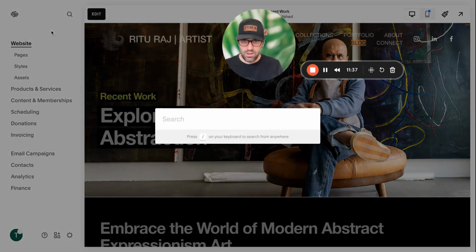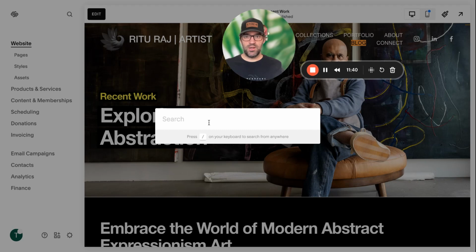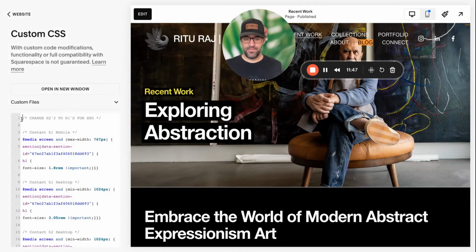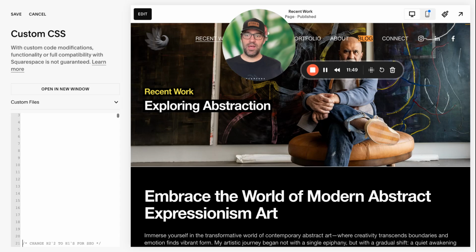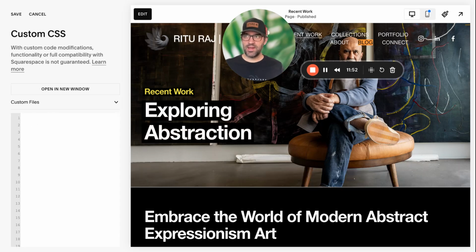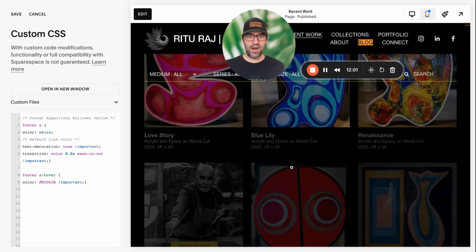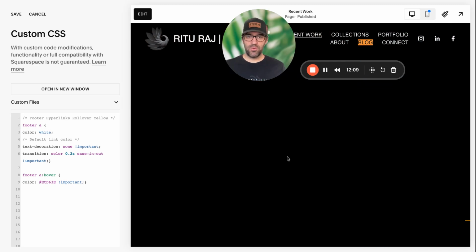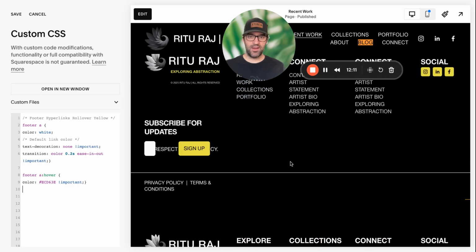And now I'm just going to do a shift / and then type in CSS into the CSS editor. And from here, we can get a nice clean line. And what I'm going to do is copy and paste the entire CSS code here. So now what I've done is I've told the browser that when you are in the footer section of my website, which is here and here subsequently,